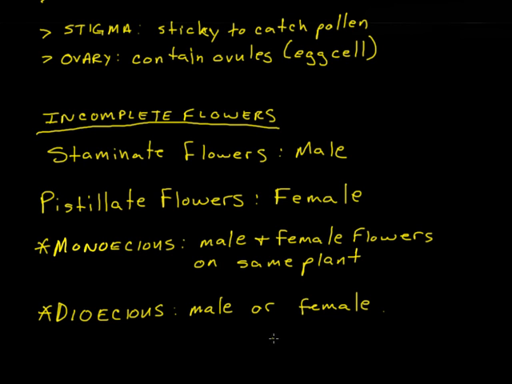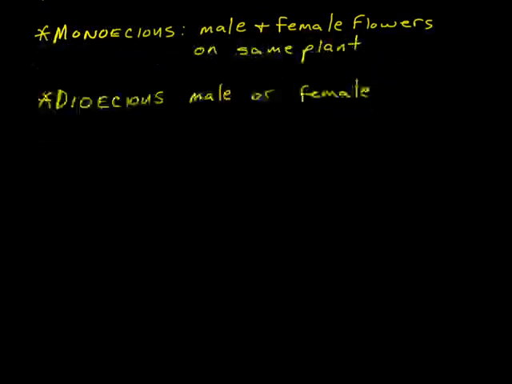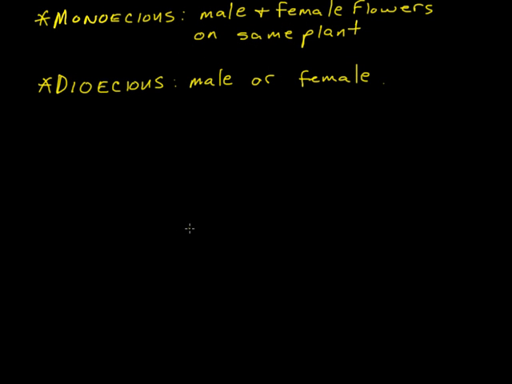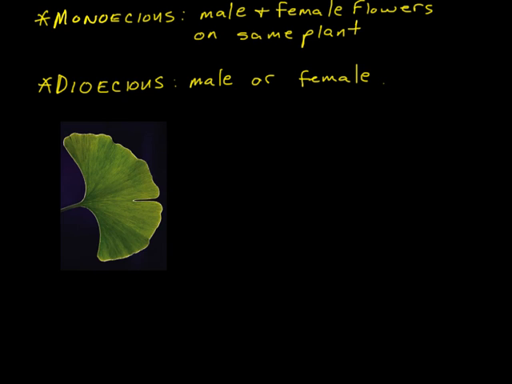Whether or not a plant is monoecious or dioecious for ornamentals doesn't necessarily play that big of a role. But if you're growing an agricultural crop and the species happen to be dioecious, you would want to have predominantly female plants because female plants are the ones that produce the fruits. In an ornamental setting, there is one example of a dioecious plant that you should be familiar with, and it's a plant that you'll have to learn on your woody plant list in another class, and that is this plant, which is Ginkgo biloba,